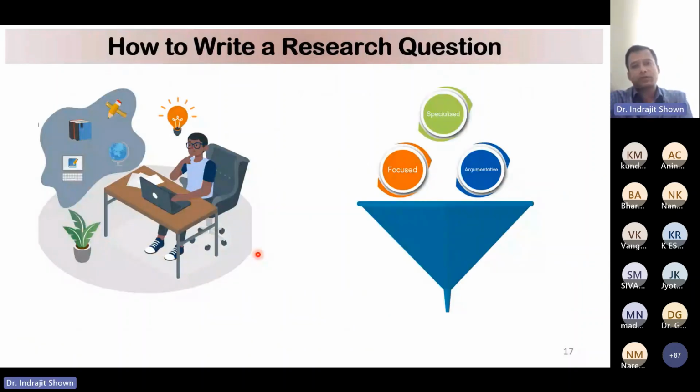Then you should know how to write research questions, because now we understand what things are actually related to research. Now the thing is how to construct research questions. Most of the time, we select a topic. Now we have to focus on that topic, and we have to talk with some specialized person on that topic,